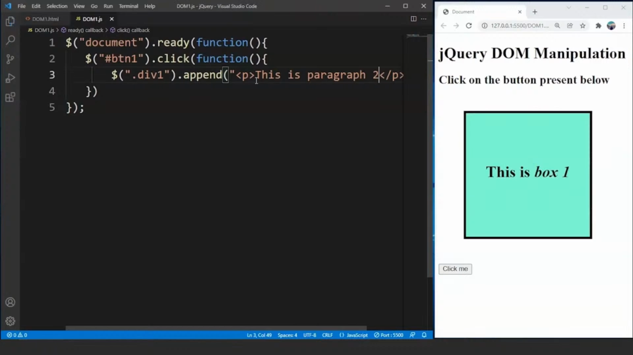Save the program, click on the button over here, and you can see a paragraph present inside the box over here. You can see the paragraph says this is paragraph 2. Similarly, we can add images or anything here in place of the second paragraph. All we have to do is to pass the HTML code here as a parameter to this append method. For example, let's say we want to add an image over here. So for that, what we'll do is we'll write here,